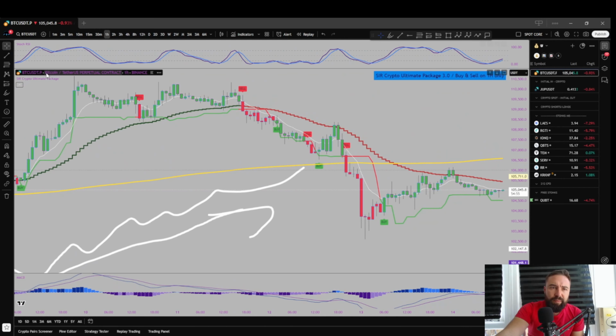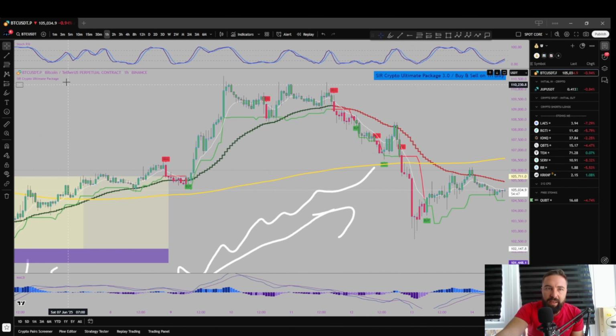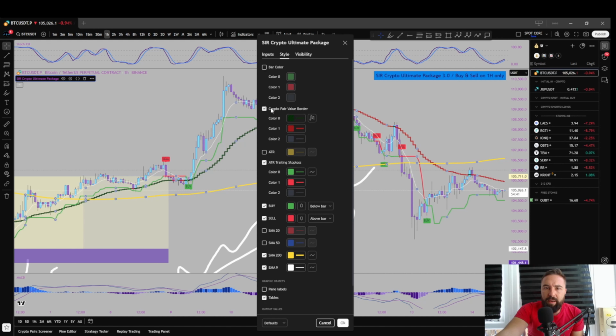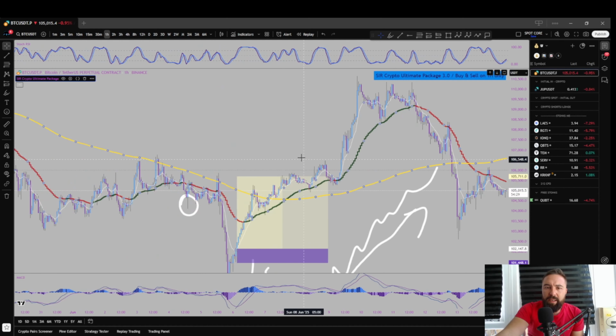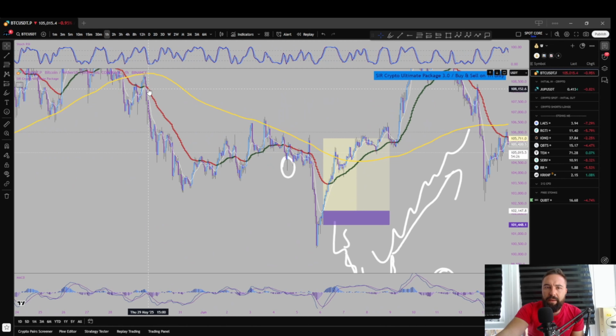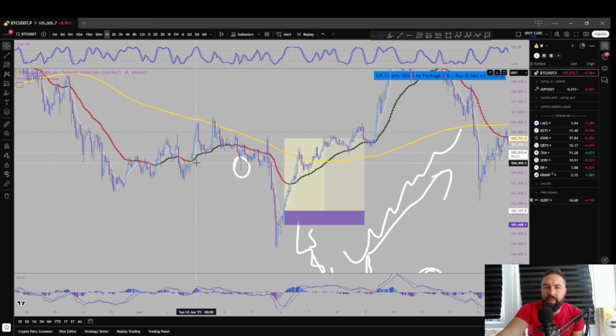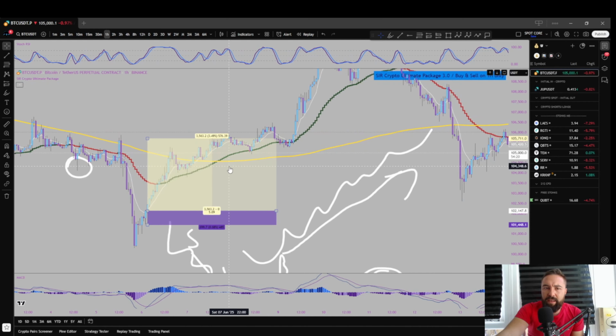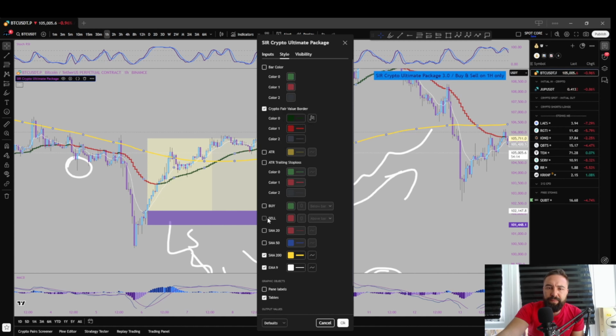It also, you can use it without buy and sell signals. That's something else. That's the upgraded version of this indicator. You can also, if you just go to the settings of this indicator, if you switch off the bar colors, switch off the ATR trading stop loss, buy, sell. You do have like moving averages here, and if you press OK, this is another way of using this indicator. So this line, the red line, is basically working as a support and as a resistance. If you add the buy and sell signals to it, buy and sell,